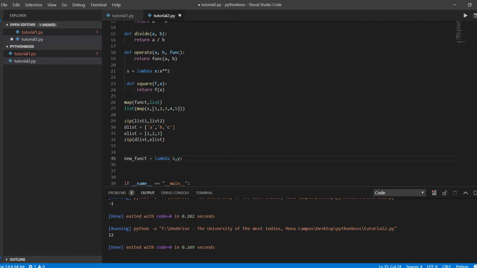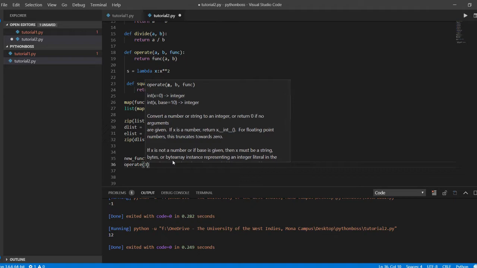And it will multiply them and add 2, right? So what it does is multiply x times y and add 2. So this is a complete lambda function, right? So using Michael's operate function, we can then pass in 3 and 7, for example,